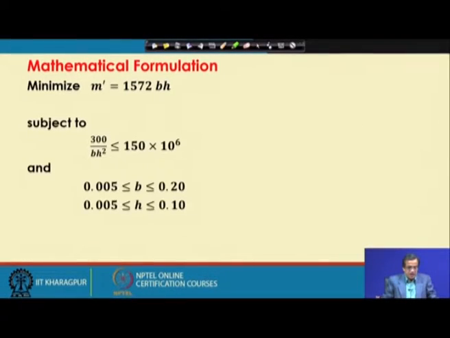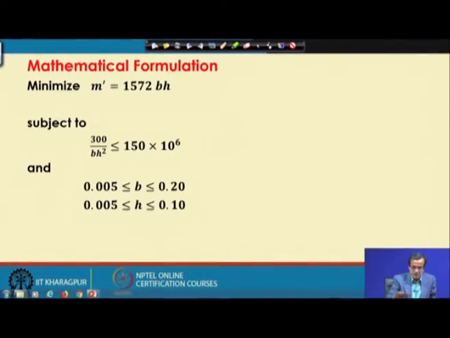Mathematically this problem can be stated as follows: minimize the mass of this cutting tool, that is M prime, which is nothing but 1572 B H, subject to the developed stress, that is 300 divided by B H square, being less than or equal to 150 multiplied by 10 raised to the power 6, and B and H lying within their respective ranges.